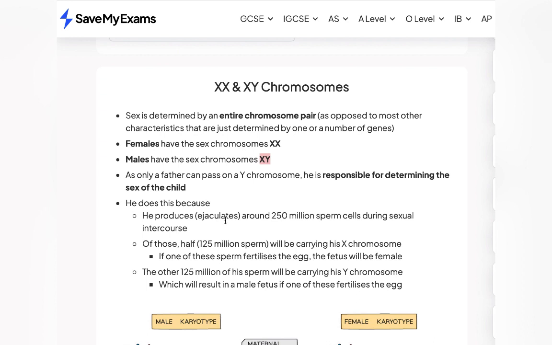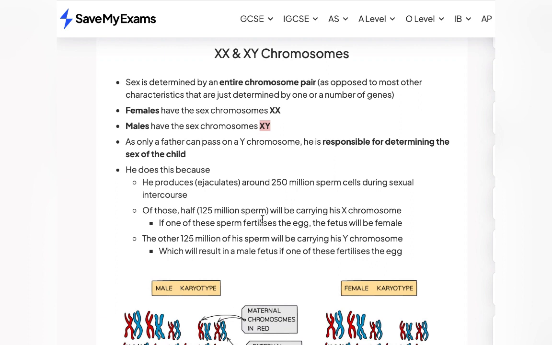Because he produces, or ejaculates, about 250 million sperm cells during sexual intercourse. Okay, and in this, half of it is carrying the Y pair of the chromosome, right? Half, that's 125 million sperm, will be carrying the X chromosome, and the other 125 million will be carrying the